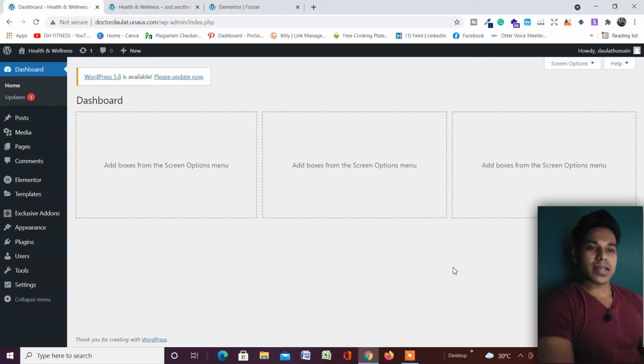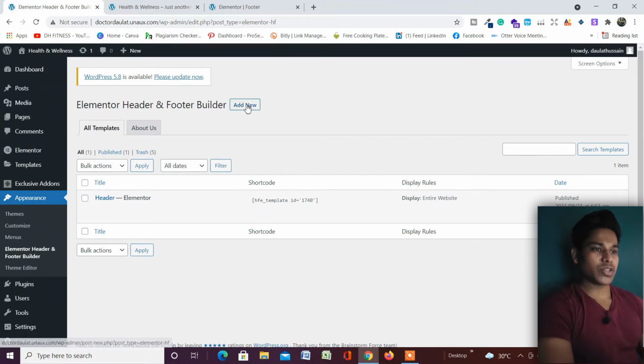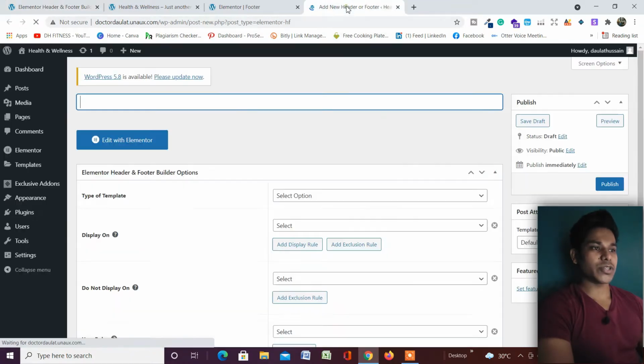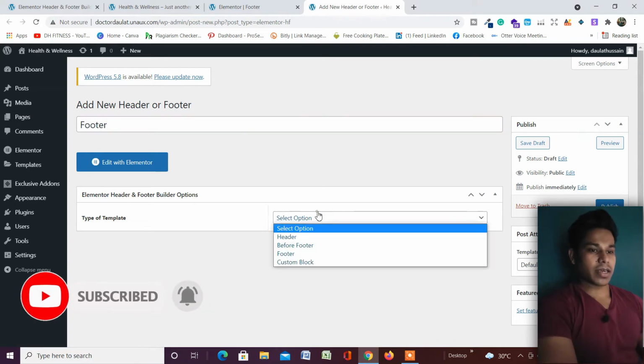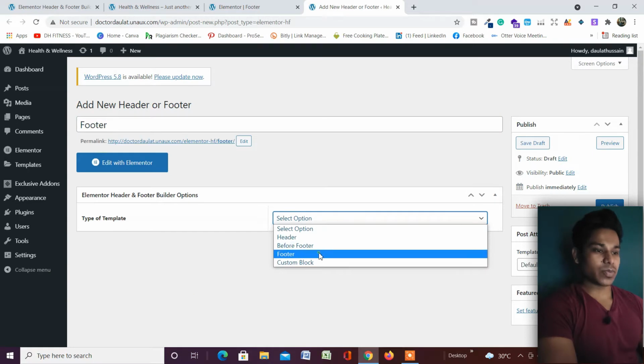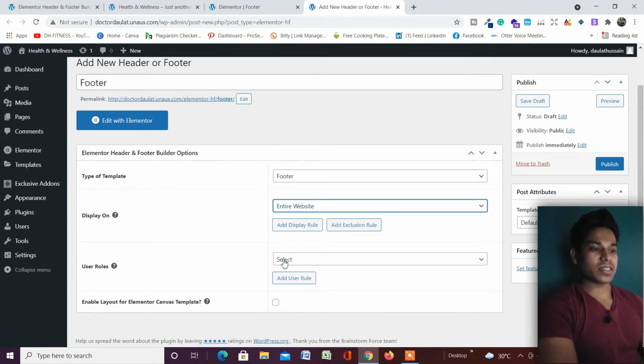So now let's start designing the footer section. As you can see, we are in our WordPress dashboard. Go to Appearance, Elementor, Header and Footer, click on this and add a new page, open in a new tab. Here we have to give the name to our page, Footer, and the type of template is going to be Footer. We want to display it on our entire website, leave this as default and simply publish